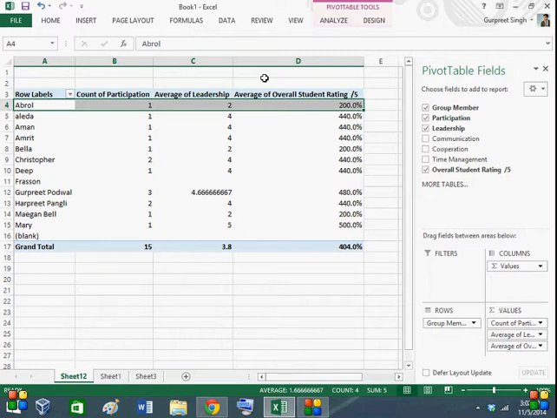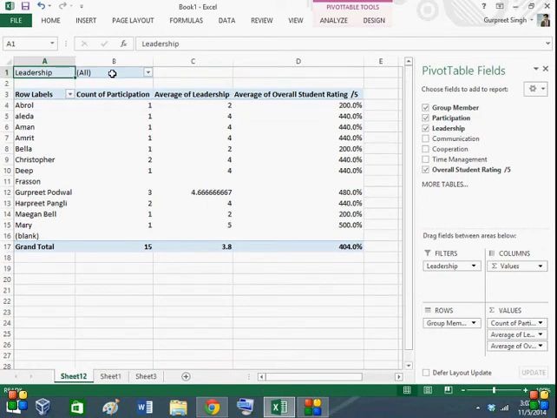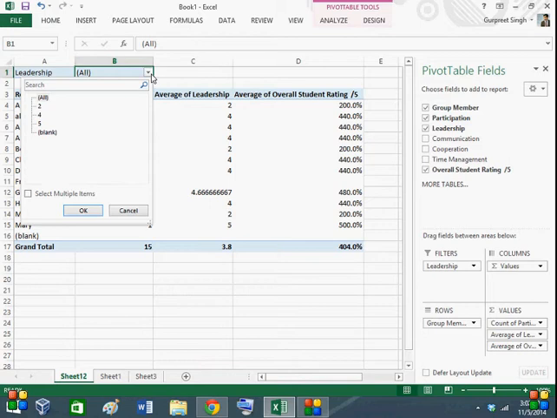So these are all the things you can do. You can also add filters in this area field over here. We're gonna just put leadership into the filters, and here we are. It shows the filter tab, leadership, and click the leadership.